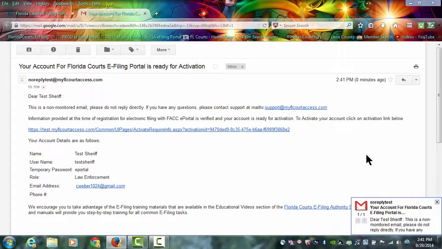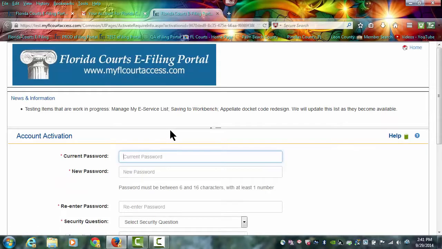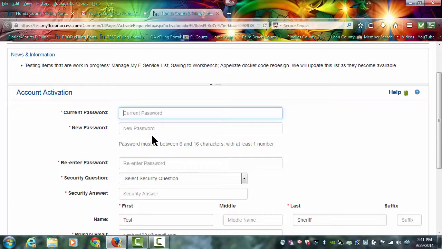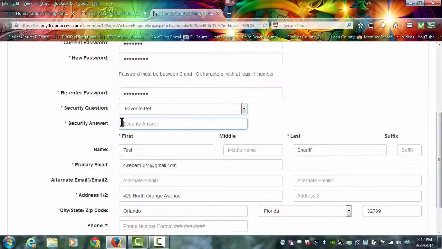If I go to my email provider, it gives me a link to activate this account, and it also tells me my username and the default password that is associated with any new account. So if I click on this link, it will take me to the Florida Courts e-filing portal where I can type in the current password, which is the e-portal, and then the new password, one of my choosing. Create a security question, so choose one of those 4. Type in the answer to that security question,